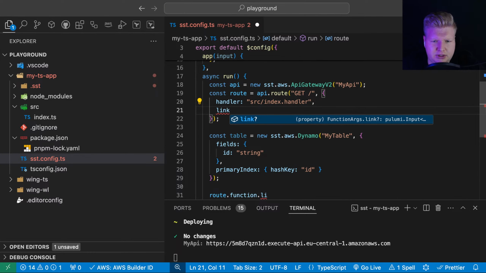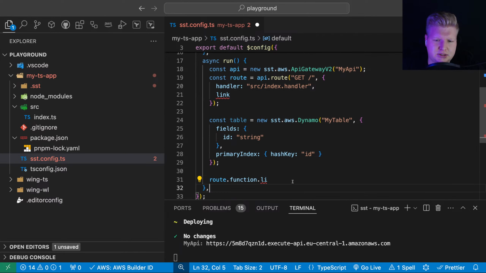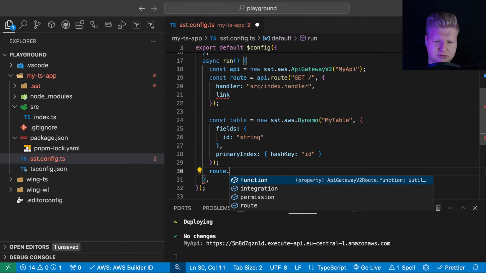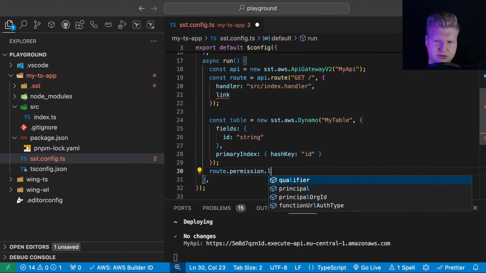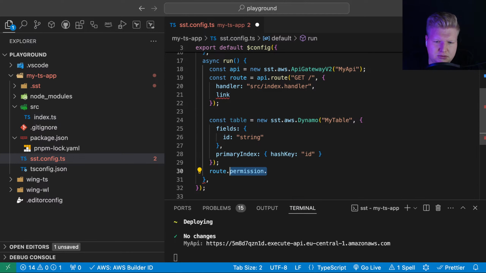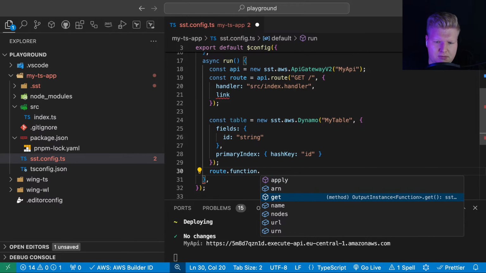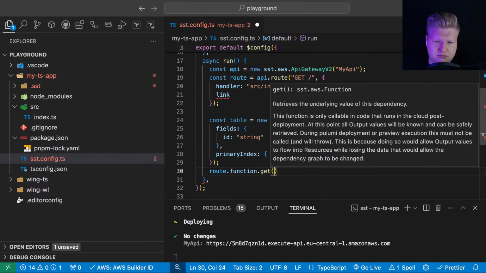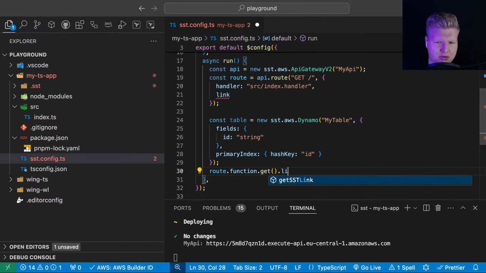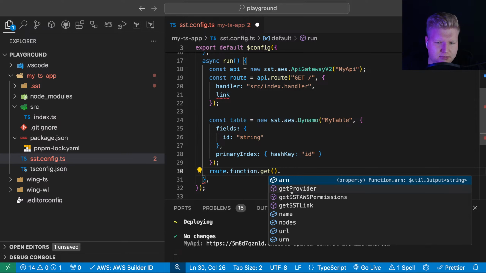So I need to do link. Oh, I see. Route. Permission. Route function. Get. I cannot get provider.